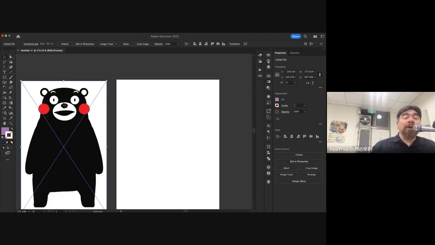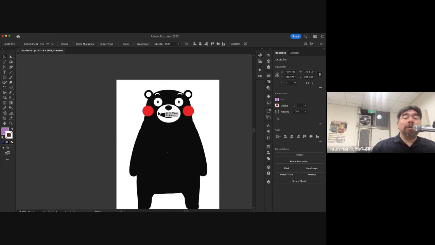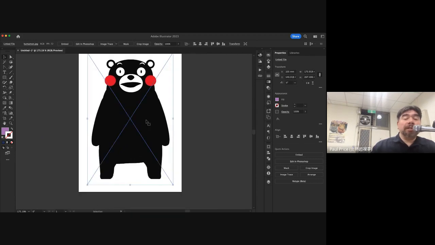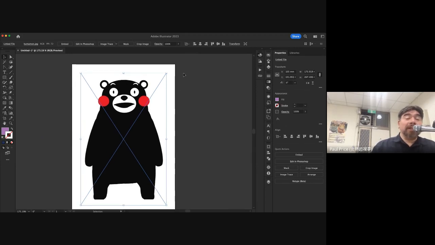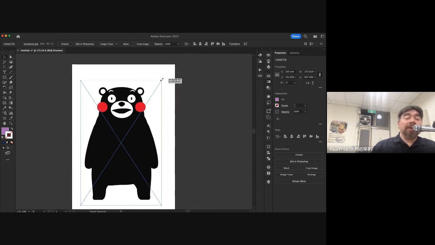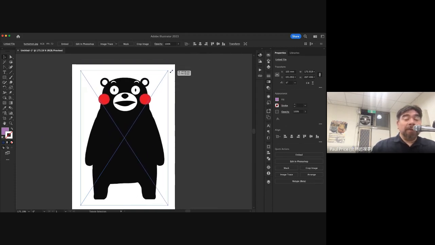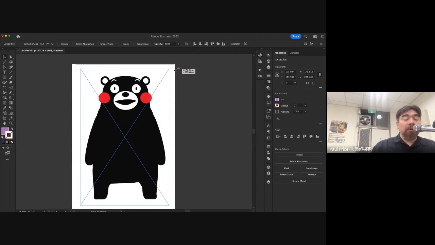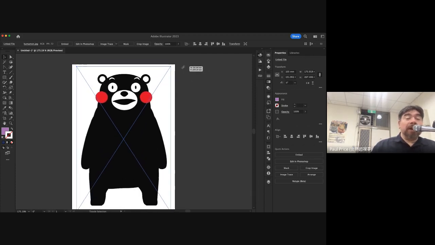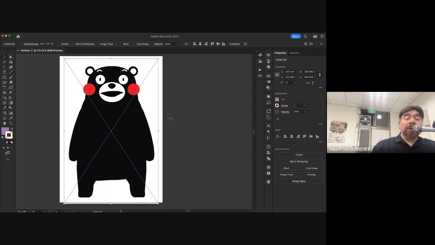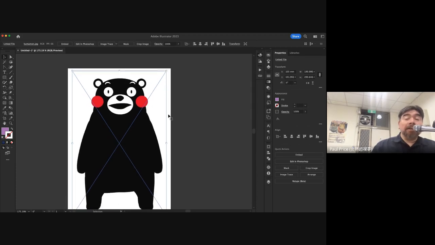First of all, I want to put this on my artboard. I want to resize this. This sort of seems like the right size. If you want to resize it, go to the corners, hold down your shift key and drag on the image, and also hold down the option or alt key on your keyboard to scale it from the middle. Once I have the right size that I want,